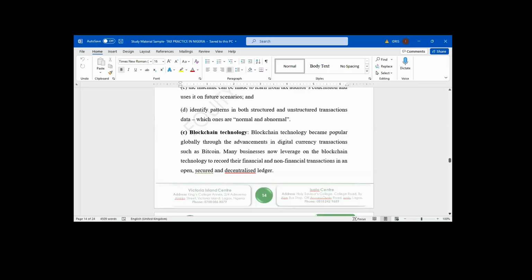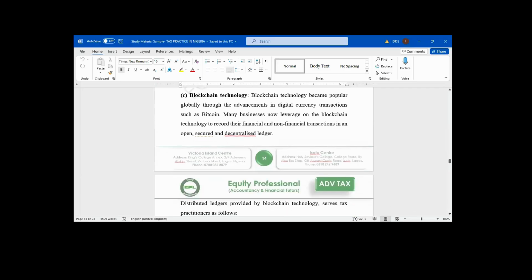FRS can create a blockchain where people can be trading in digital currency transactions. That chain is created by FRS. People will be trading in digital currency, doing Bitcoin, online gold, and so on. The reason FRS creates that is to get information about those who are making profit or gains on digital transactions, so that they can ask them to come and pay tax.